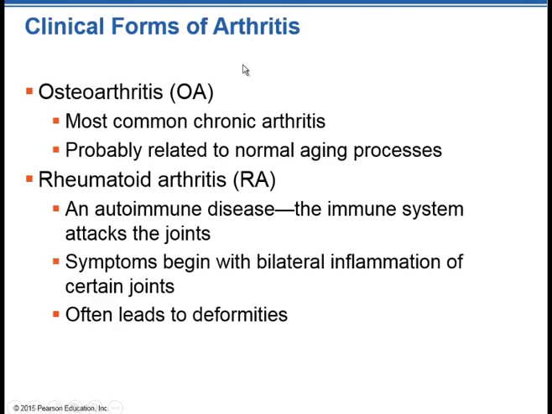Osteoarthritis is typically part of the normal aging process, but we accelerate it. Most of us here in the United States are carrying around too much weight, and too much weight puts a tremendous amount of strain on our joints, especially our knees and our hips, which is why we're having all kinds of joint replacements. And so osteoarthritis,